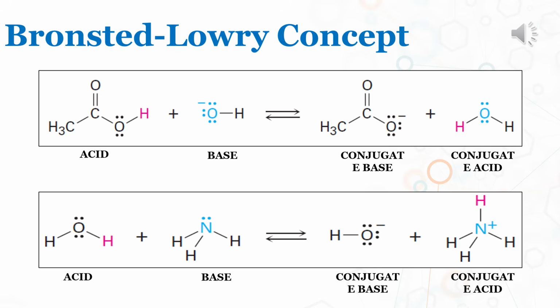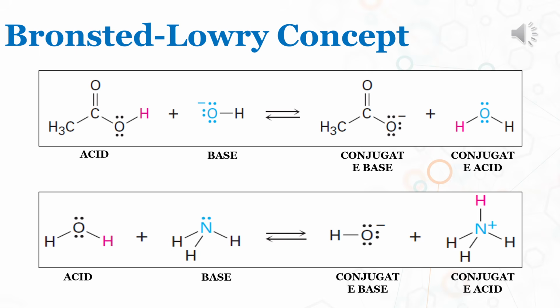Next, let's proceed with the continuation of the Bronsted-Lowry concept. Again, let's repeat the main idea of this concept, wherein the acid donates a proton. When we say proton, we're referring to the hydrogen ions. And when we say base, they accept a proton, or the hydrogen atom. After the transfer between the acid and base during the reaction, you will have byproducts that we call conjugate acid and conjugate base.